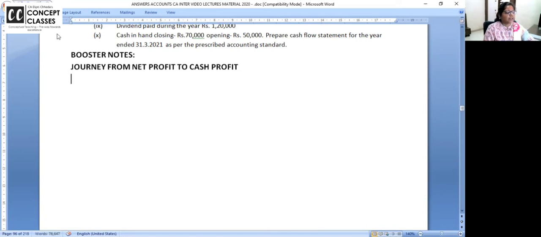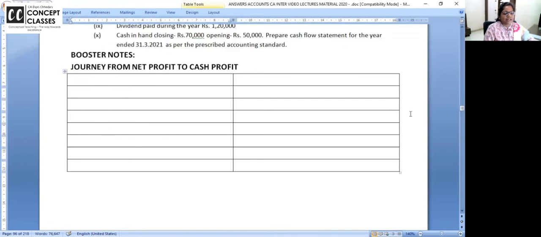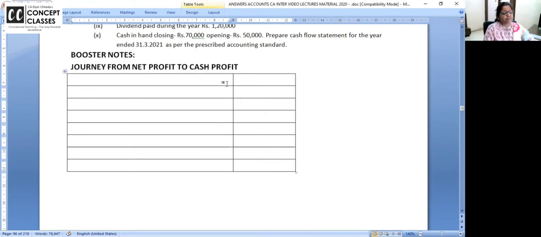Yes, particulars and amount banao. I'm giving you some format, and this format is going to be useful. Similar format you have in the business head also. Chalo. Start with net profit. Which method will we do like this? Indirect. They are saying net profit as per P&L account is some amount. Okay. Now add back. What will you add? Non-cash expense. Am I right?